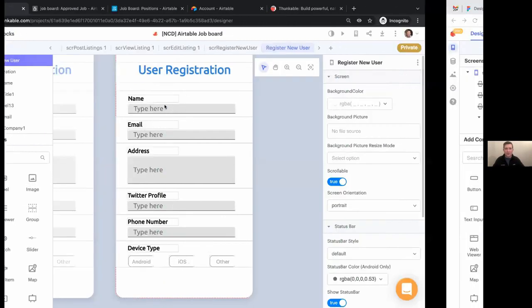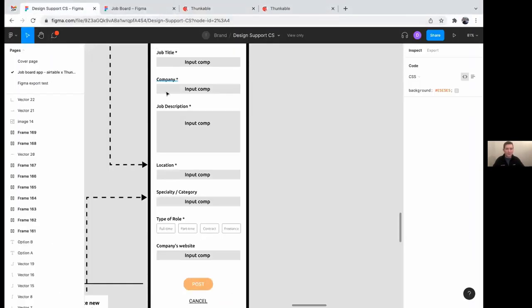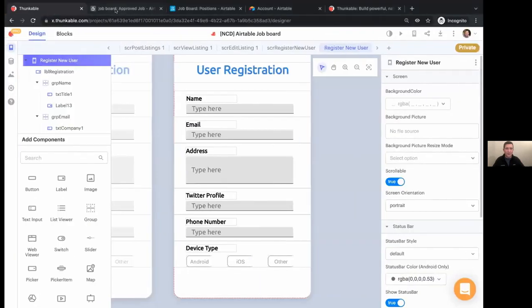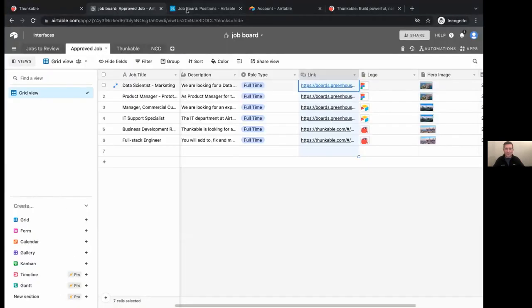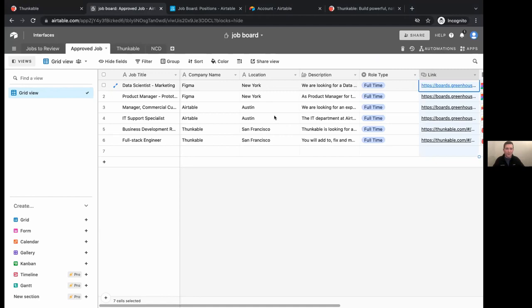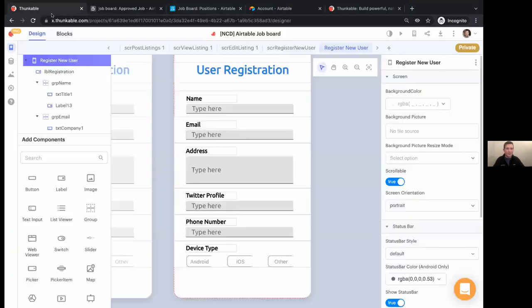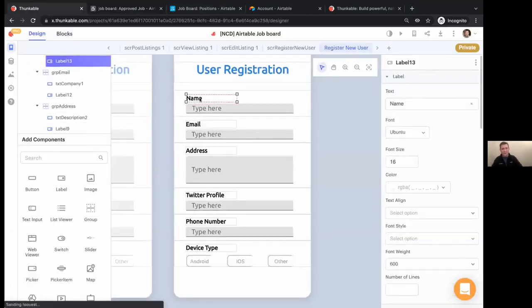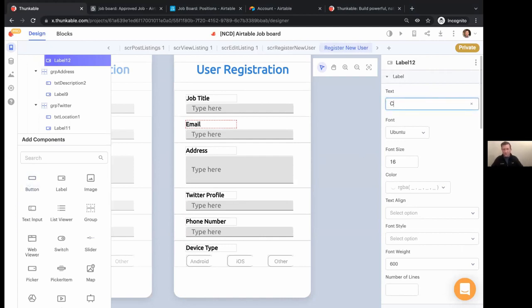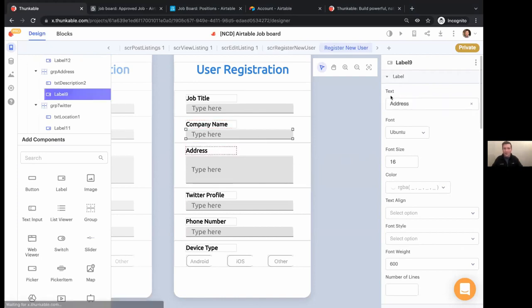So if I'll just go back and forth between the two of these for a second. So we've got our job title, and we've got our description, and we've got our company name, like this. So job title goes in here. And if anybody has any questions on duplicating or saving screens or custom data viewer layouts, do let us know. So company name, and job description was here,